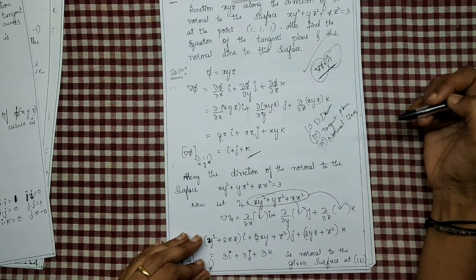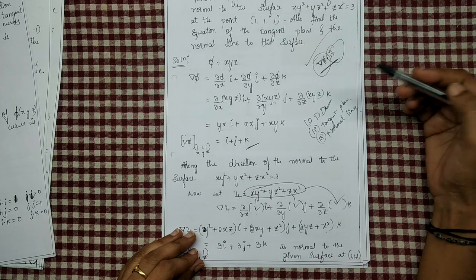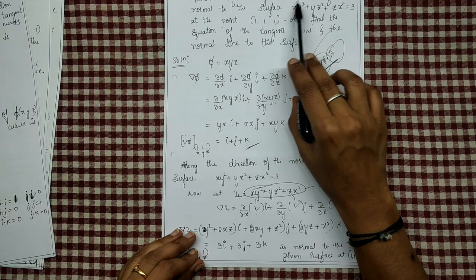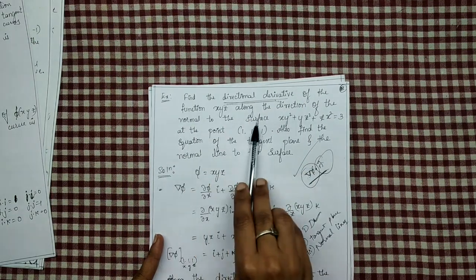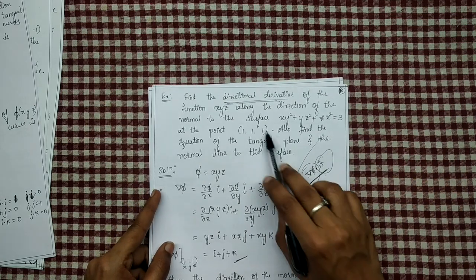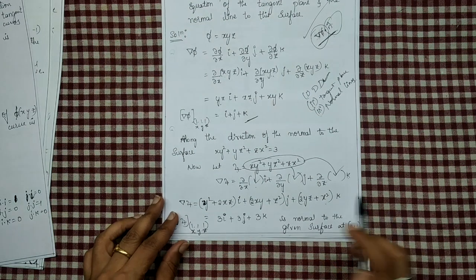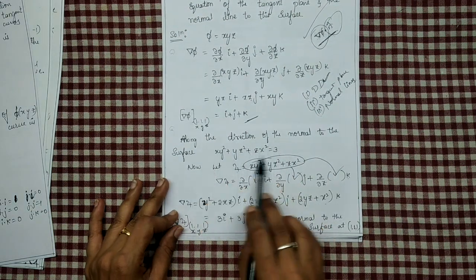Now let us find this. What is this n cap? To find n cap, we need to have the direction, isn't it? Here, the direction is not given again. Is any direction given? No. Along the direction of the normal to the surface. What is given? Along the direction of the normal to the surface is given. Isn't it? See, surface is given. Along this surface, we have to find the direction. So, along this surface, direction of the normal to the surface is what? This is a given surface. For this given surface, we have to find the direction.